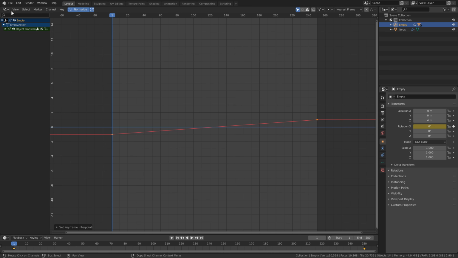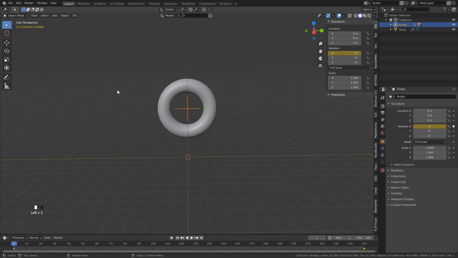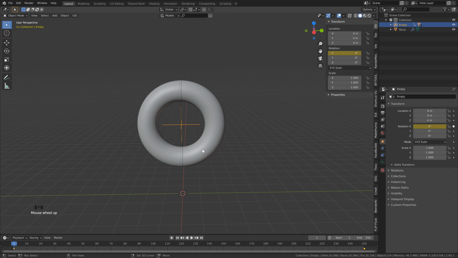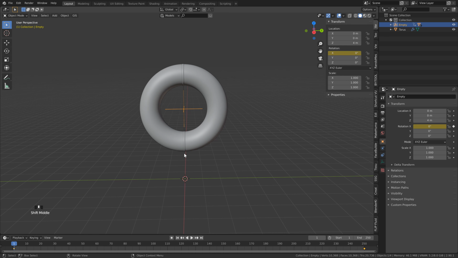So back up to the left here, we're going to click the editor type and head back to the 3D viewport. Now if we hit play, you see that we have one constant speed. Awesome, so we've already got our first setup for our simulation, so let's just quickly jump into that by clicking